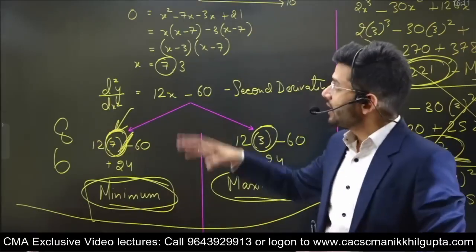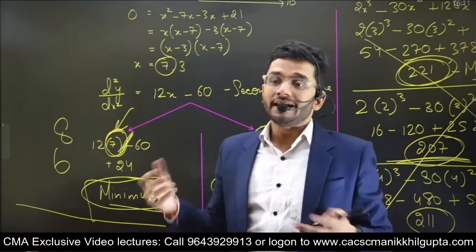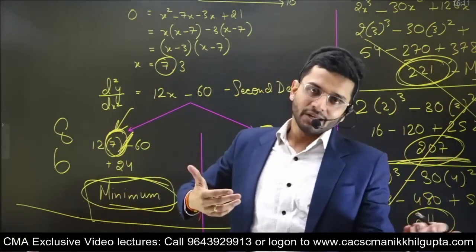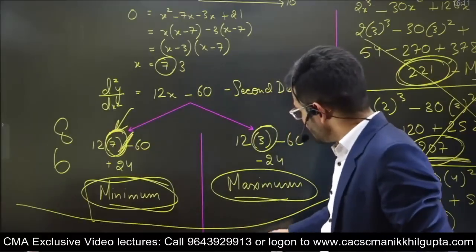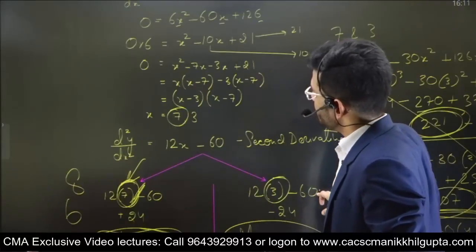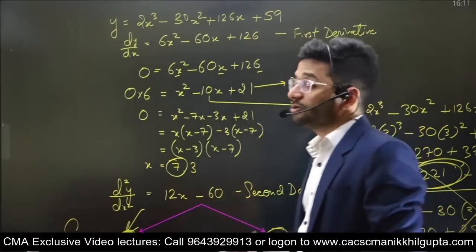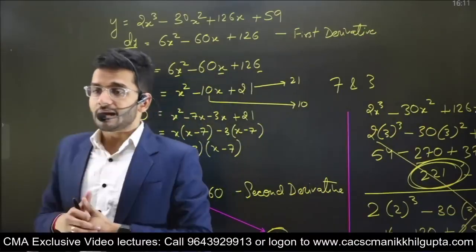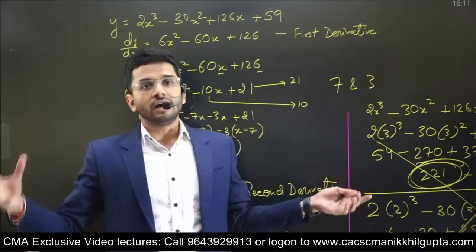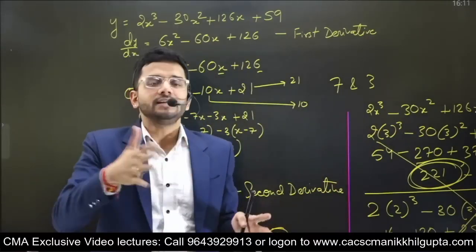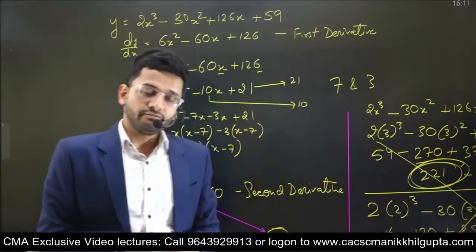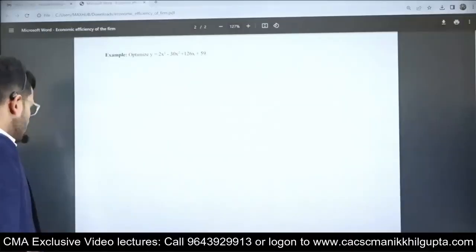So this is how an equation is optimized. Optimized means either it is minimized or maximized. So minimum and maximum shall be done in this particular manner. This is how minimum and maximum is required to be derived by you. And this practical question is definitely going to come in the examination, either a small question or a large question. Consistently it has been appearing in the examination, and in future examinations also you can expect this question in the paper.